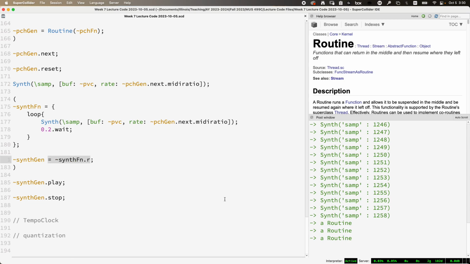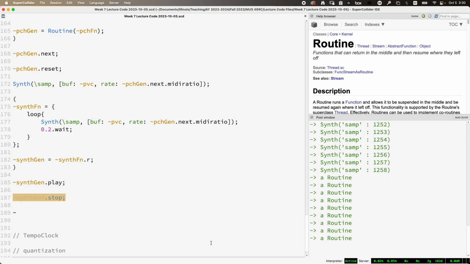And if we do this, it is a routine, right? So it's just an alternative to do this. Oh, it was somewhere in the middle, so it didn't start at minus 10. We can reset. We can even reset the data routine while this is playing. Like, I've got to stop this, play this. Oh yeah,